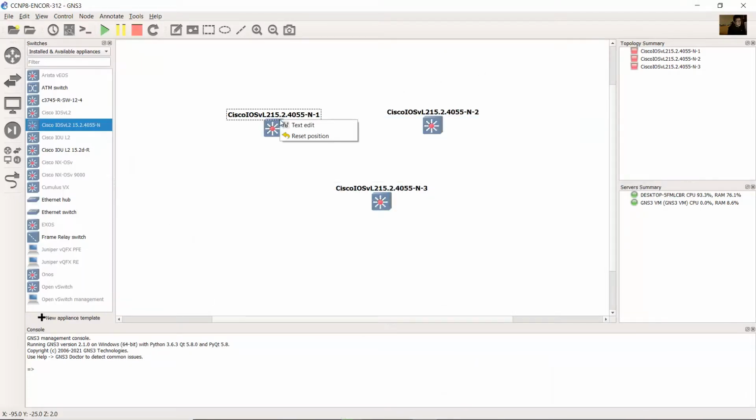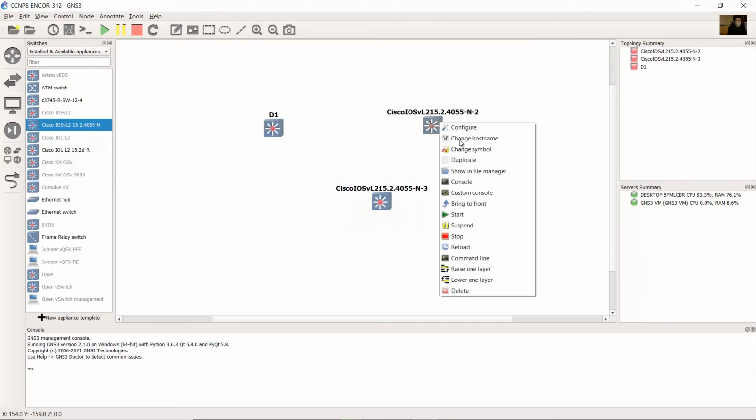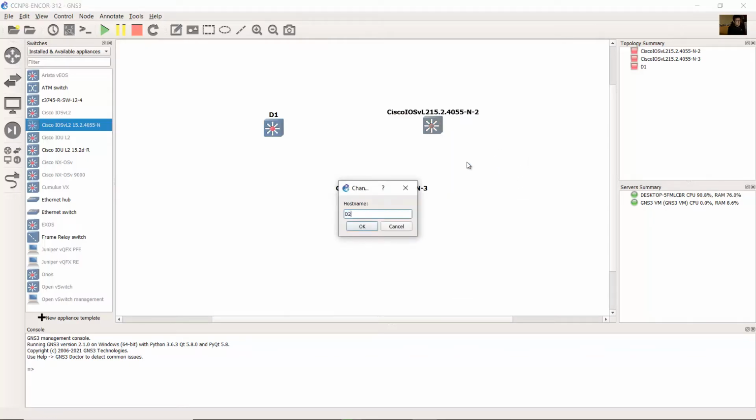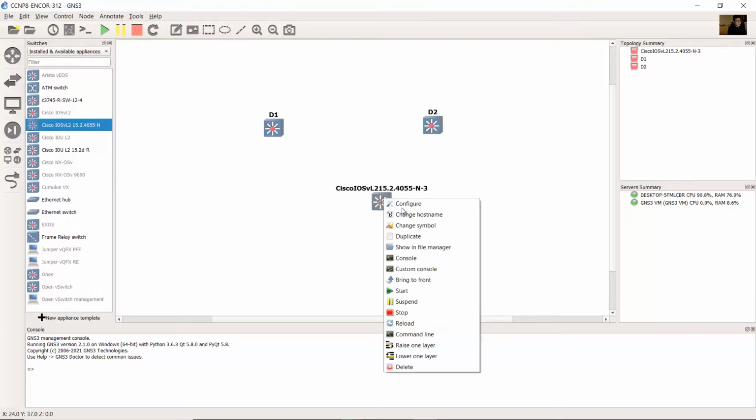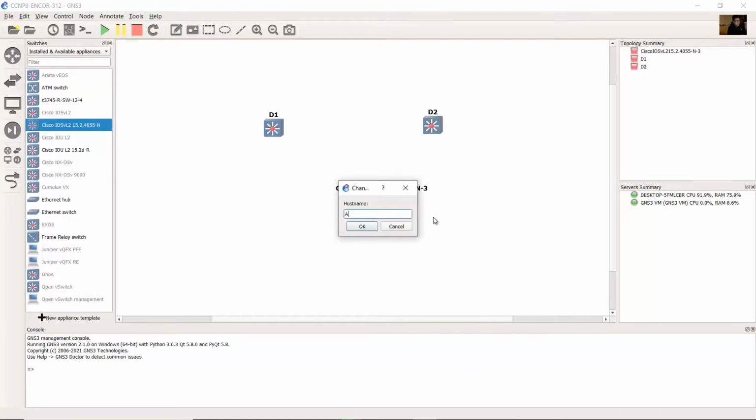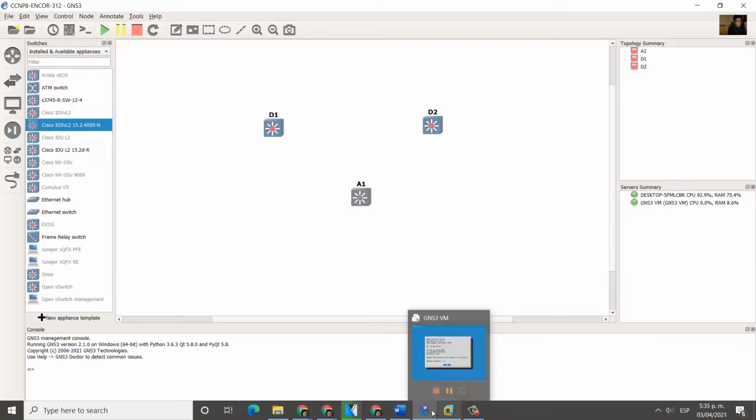D1, the host name. D1, D2, and A1. Right, and connect